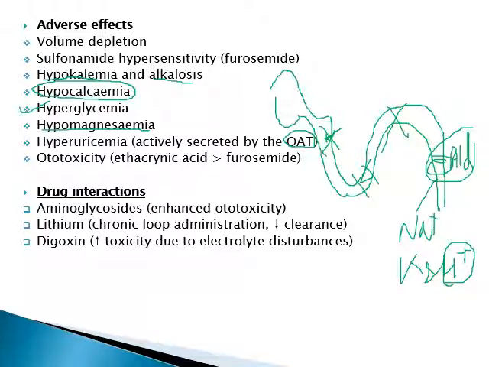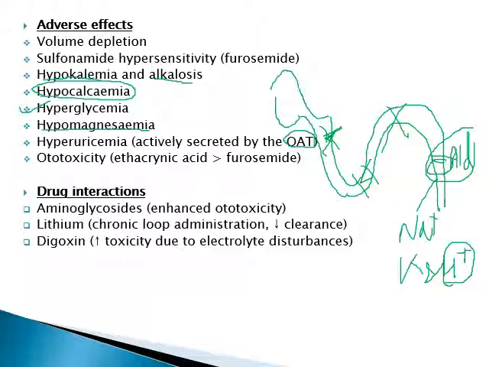So in presence of loop diuretics, uric acid will not be able to get secreted into the PCT and will not be able to get excreted out. So there can be chances of hyperuricemia, especially if we are giving loop diuretics for a longer duration. So chronic administration of loop diuretics is associated with hyperuricemia, while if we use loop diuretics acutely, there can be hypouricemia. So it can have opposite effect. So remember, hyperuricemia is only seen when we use loop diuretics for a longer duration, for chronic use, and this is not seen with ethacrynic acid.